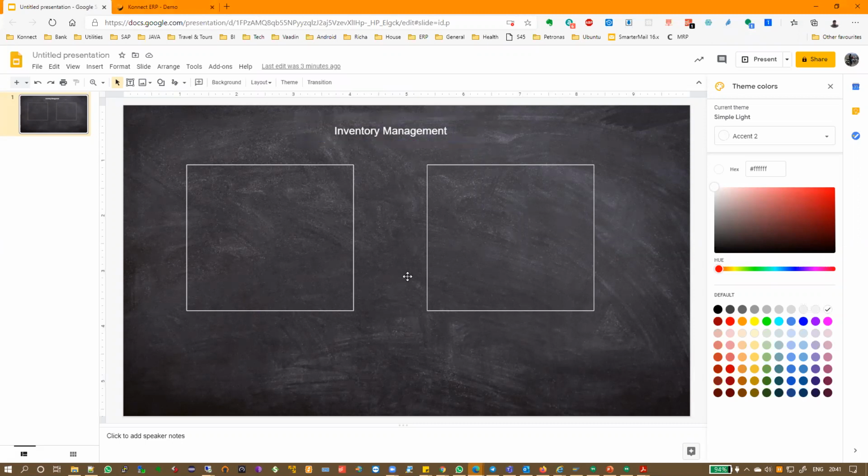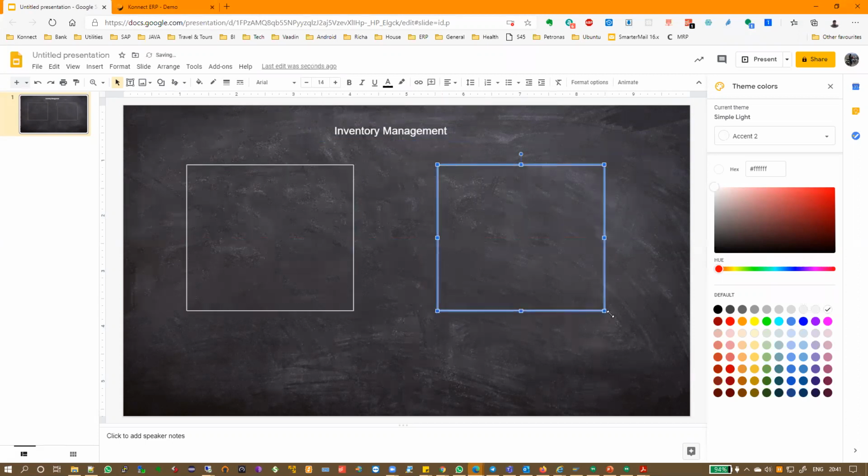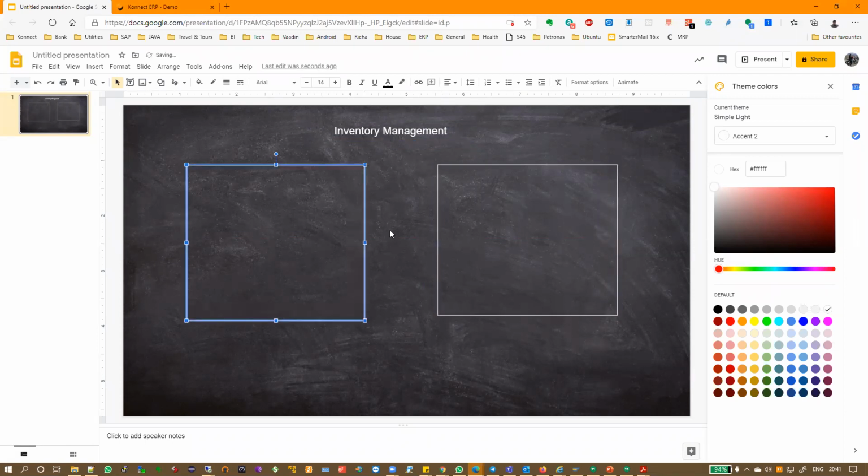So today we're going to talk about inventory management. Before we get into the system, as usual, let's go through the basics first. So, what is inventory management? The very simplest definition would be how we are going to store products physically in a location and how we are going to track its movement.